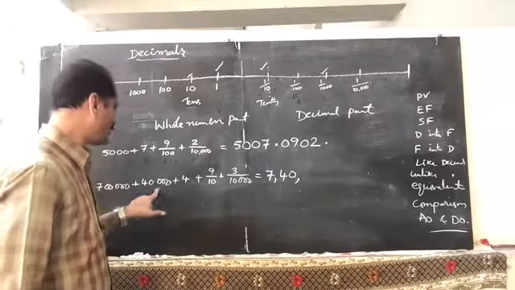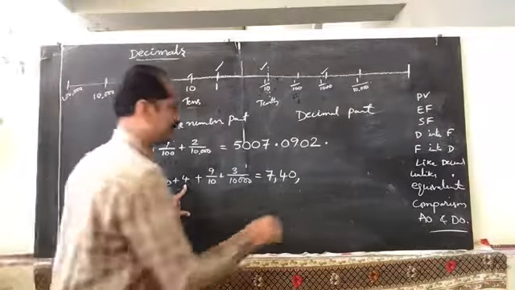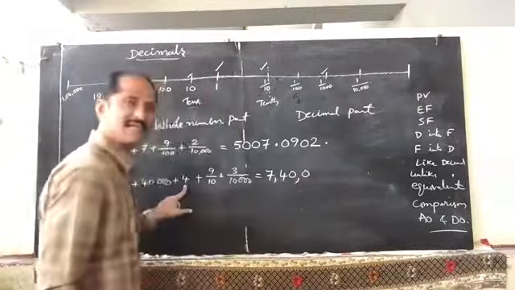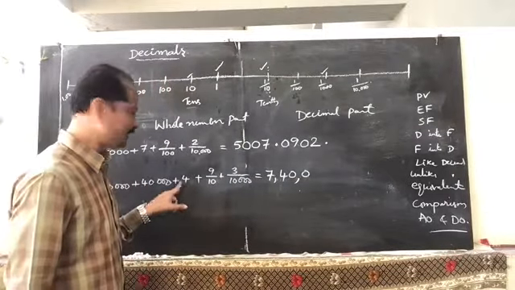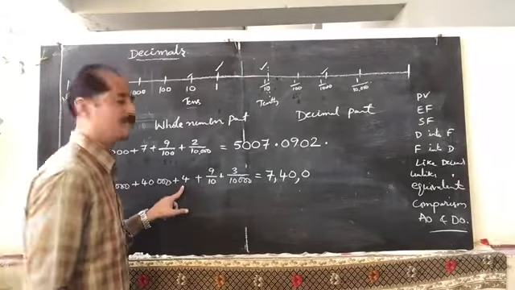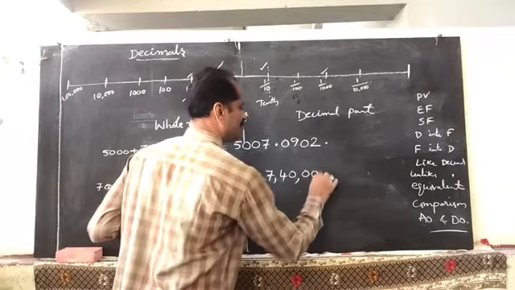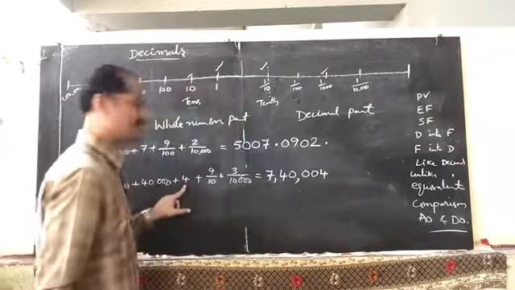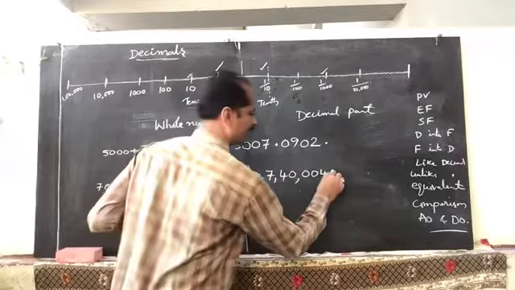The next lower than thousands, hundreds place. How many hundreds do we have? No hundreds. Next lower than hundreds place, tens place. How many tens do we have? No tens, because we only have 4, and 4 is in ones place. So tens place 0, ones place 4. So that is 4. Next, the decimal point.